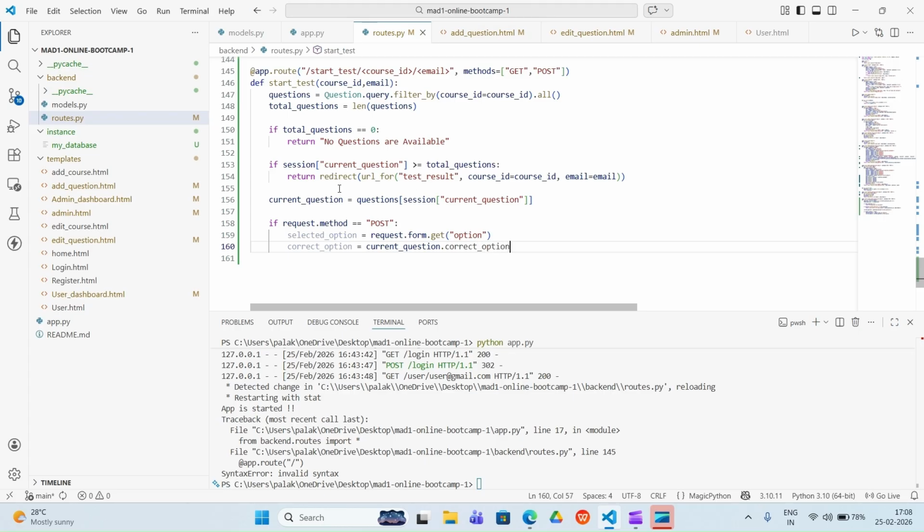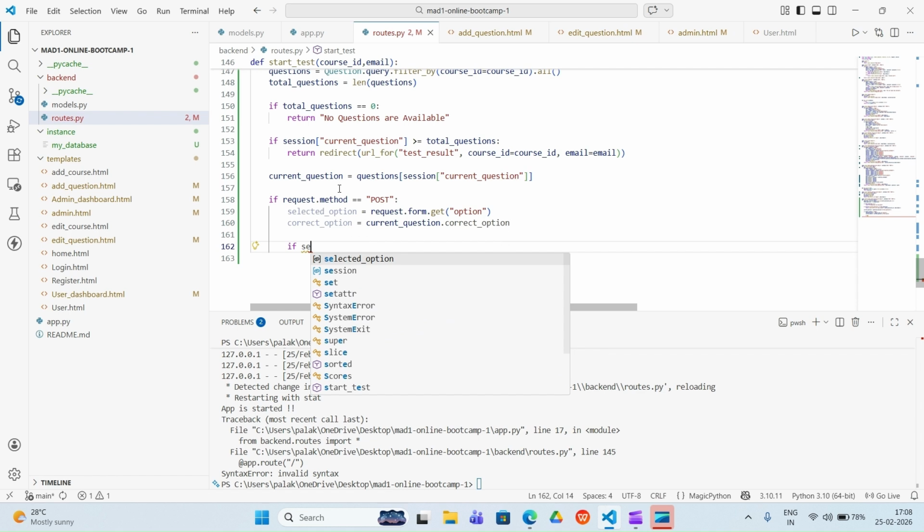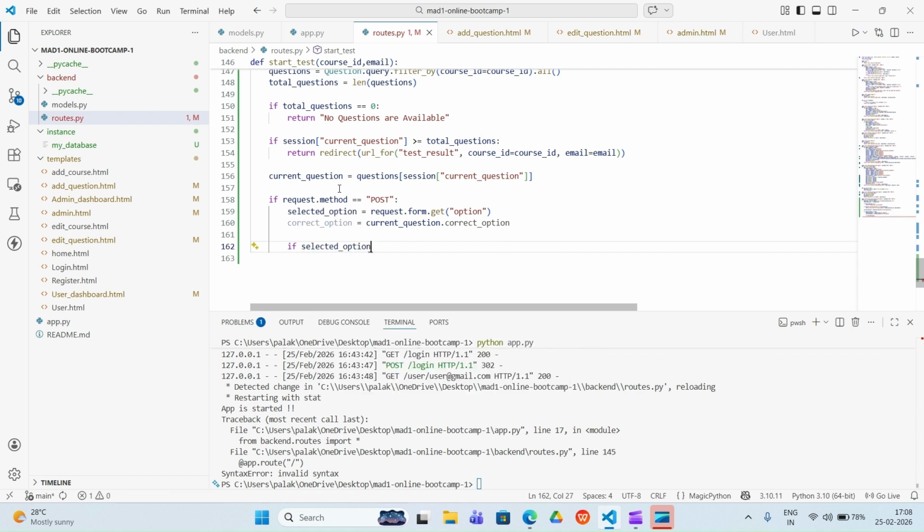Okay, and then we are going to see whether the selected option chosen by the user is equal to the correct option or not.